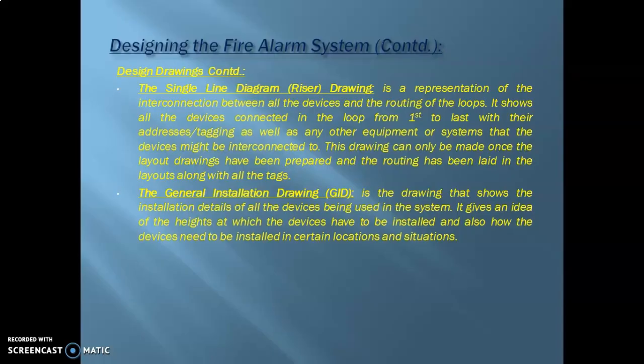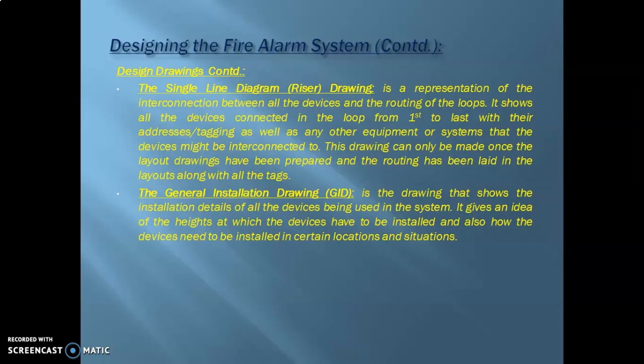That includes not only the fire alarm devices and all the other system devices that they are connected to, but also all the conduit routing, the number of cables, the tagging of each and every single device, etc. as well. So it's just a single line representation of the layout, which gives a clearer view of which device is first, which device is second, and this also helps in programming the devices as well.